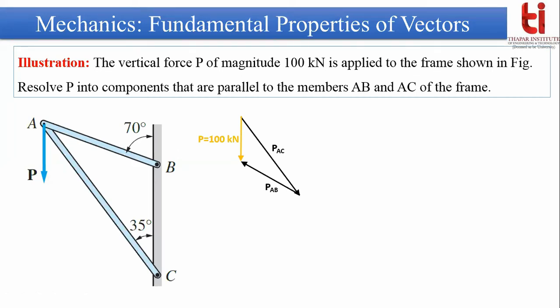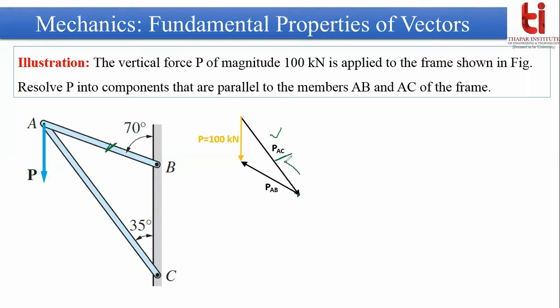Because we know that in law of triangle, we draw the vectors in the following manner. How do we draw? First, we draw one component. So let's start with PAC. Suppose we are taking this PAC along this AC length towards C, then this PAC is fine. There is no problem. Then we will draw another component. So this is a component of force along AB. Suppose we must consider this force in such a way that it starts from the tip of force PAC, and a particular order should be followed.